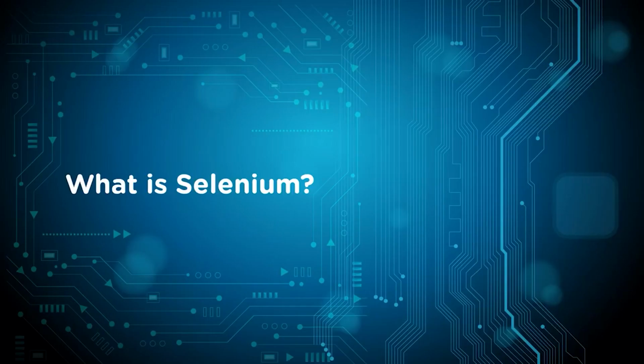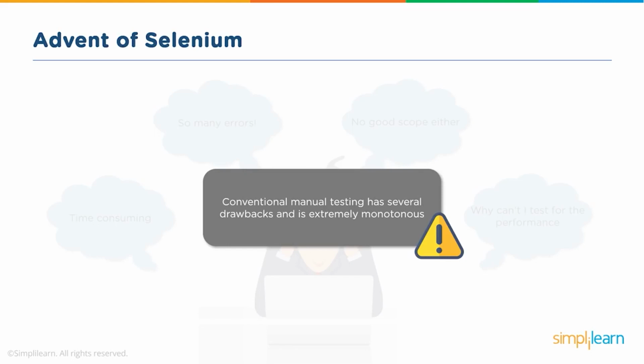So before we talk about Selenium, let's understand a few drawbacks of manual testing. Let's take an example of a very simple use case. As a user, I want to log in to my web application using username and password. A very simple use case, and it's a very common use case for any kind of web application you're working on. So as a tester, what do I do? I need to write multiple test cases to test this use case. So I can use multiple data sets like valid credentials, invalid credentials, null values, and so on to test this